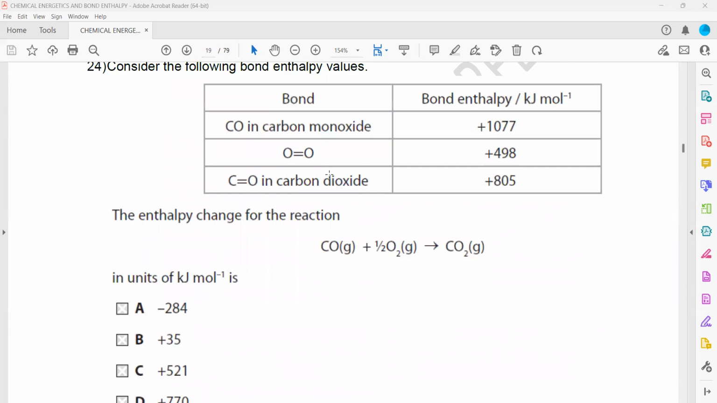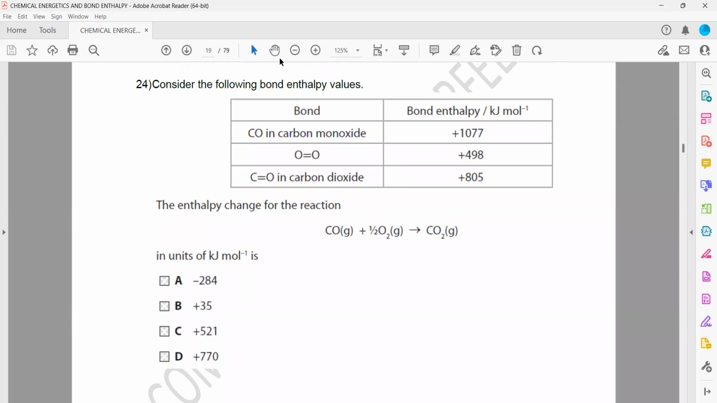Considering the following bond enthalpies, we need the enthalpy change of this reaction. So carbon monoxide bond energy is 1077. Oxygen, look, one mole of oxygen is 498. So this is 498, 1 mole. But there is a half mole, so it will be divided by 2. That is the bond breaking